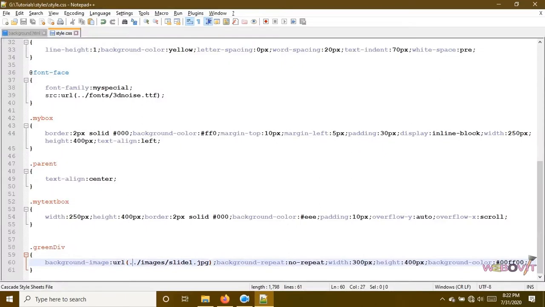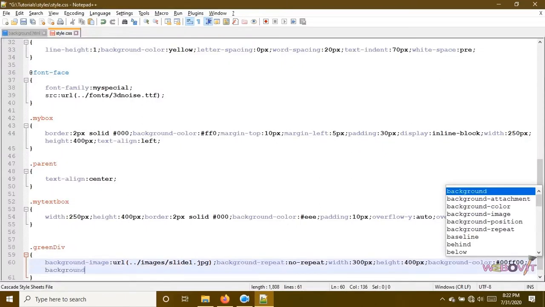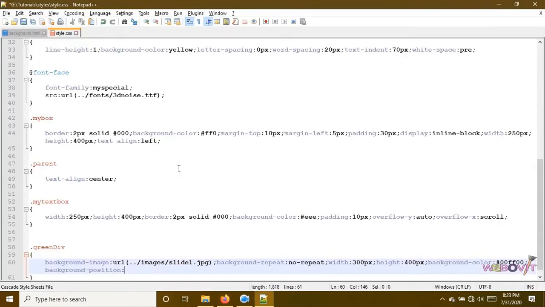So now we need to learn about background position. The image is currently in the top left corner of the div. I want to place this image in the bottom right corner of the div. So what I will do is background-position: right bottom.